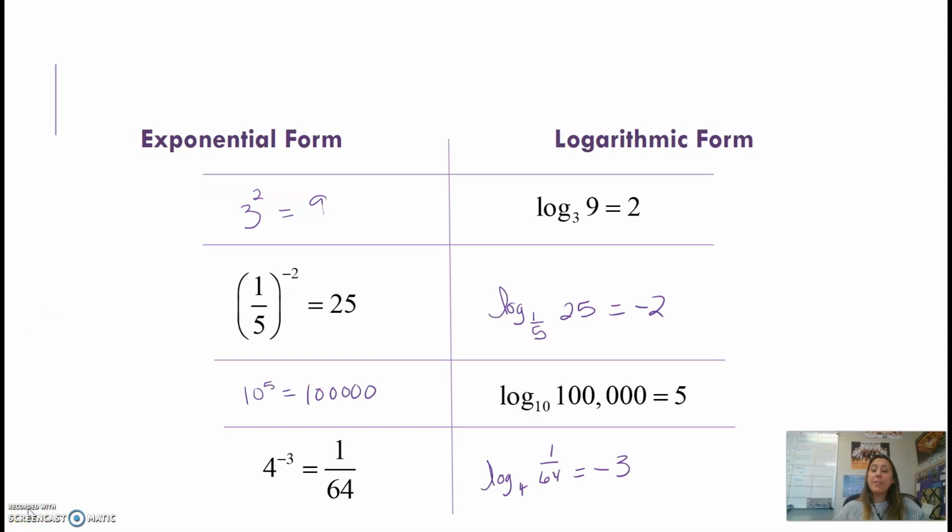Okay, so now that we have the table figured out, we also want to talk about how logarithms can equal a negative number. So logarithms can equal a negative number, and that is fine because we can have negative powers, and we know how to deal with that. We know how to make them positive once they become a power, or once they become an exponent. So a student in class did ask about that, so I wanted to address it in the video, but remember that it is okay if a logarithm equals a negative because we know how to deal with it. Okay, so now that we've got that in our notes,